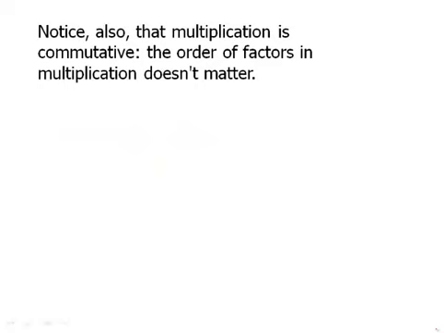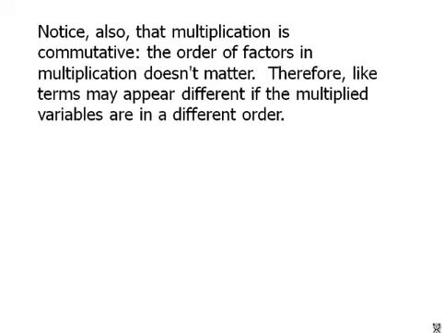Also, notice that multiplication is commutative. In other words, a times b equals b times a. You can switch the order around and it doesn't change the multiplication. So the order of factors in multiplication doesn't matter. Therefore, like terms may appear different if the multiplied variables are in a different order. So they're not really different, it's just a difference in appearance. So for example,